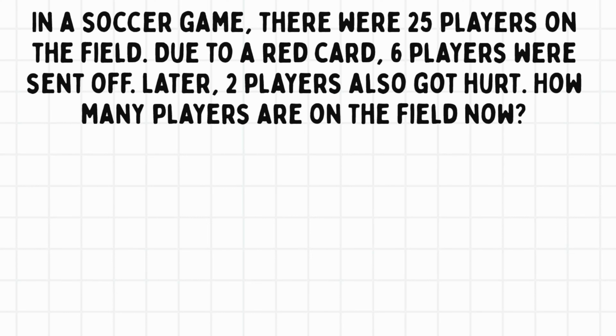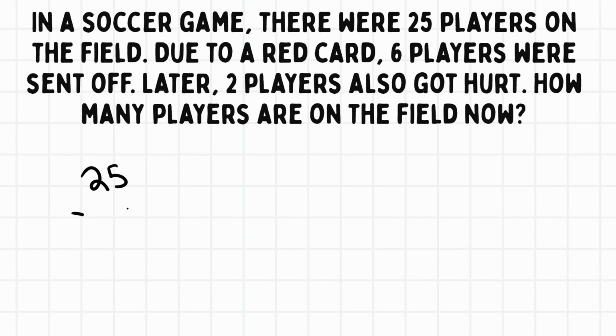So, I'm going to do this in 2 ways. The first step, I'm going to do it step by step. And in the second option, I'm going to do everything in one mathematical operation, and then we'll compare the answers. So option 1. So we start with 25 players on the field and 6 players were sent off, which means